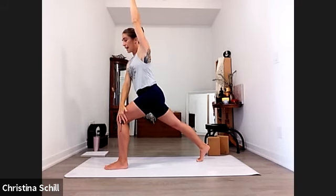Now we're going to add a little twist. Bring your right hand down to your knee, lean forward to get there. And then as that left arm draws back, we're just going to open the chest with it. Now again, the awareness is kind of how does it feel on our back foot? Did we rotate that heel to the baby toe? Can we come up on our big toe a little more? Oh, pull that hip forward